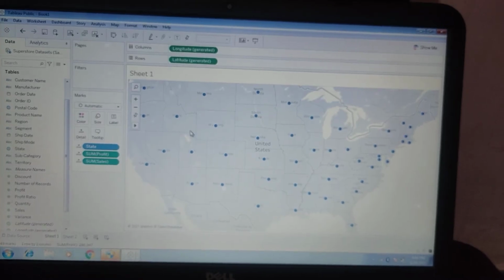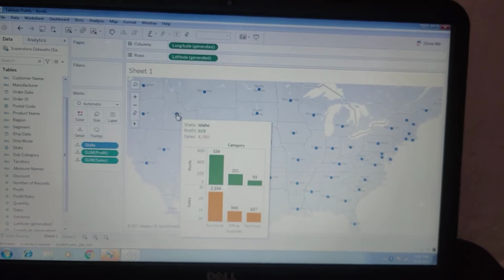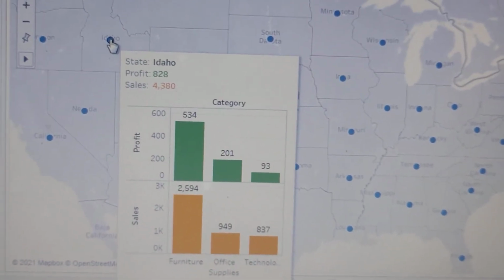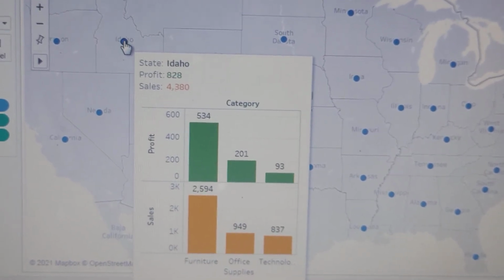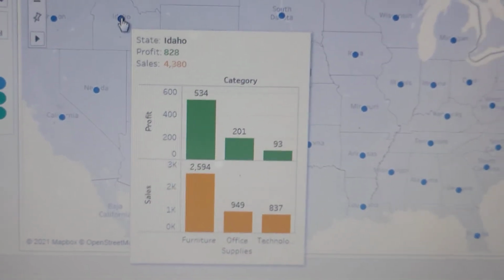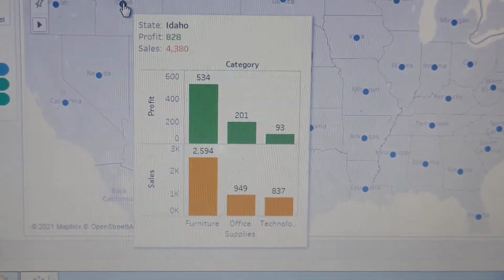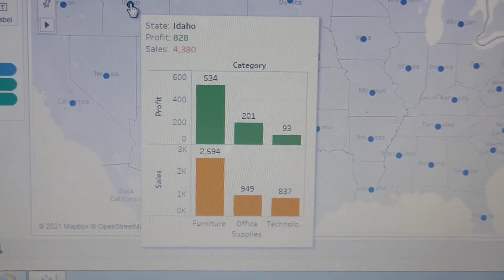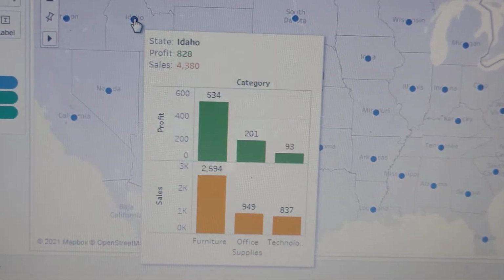Now when you hover over any state, we can see the bar chart as well. First we can see state Idaho, then total profit 828 for Idaho and total sales, and we can see the bar chart category-wise for profit and sales, like furniture profit 534, office supplies 201 and technology 93. Same goes for sales.